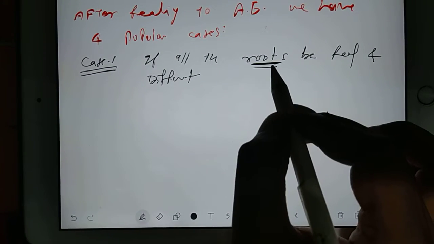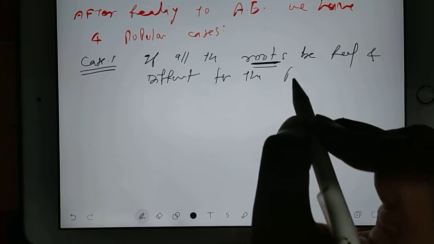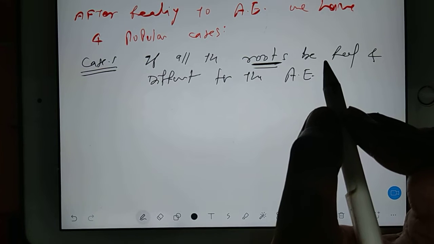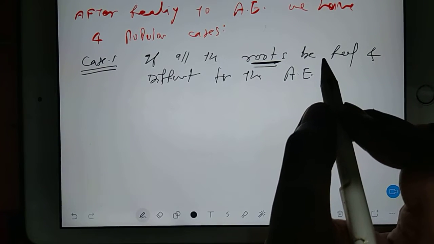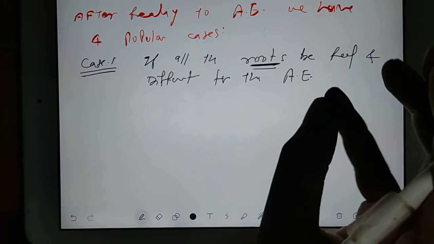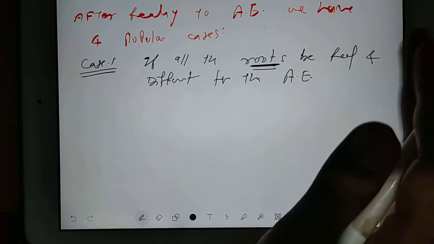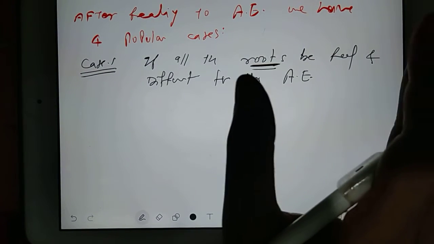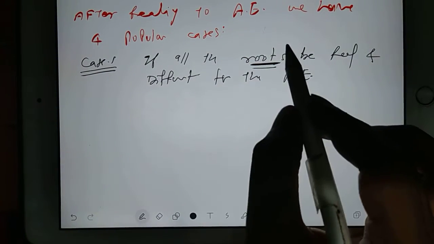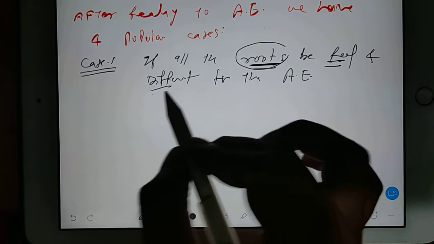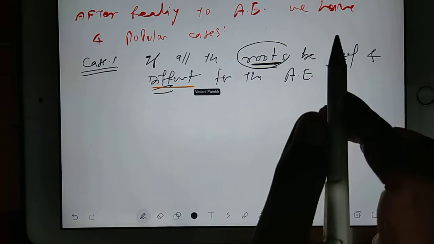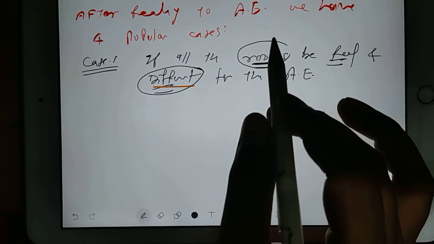Which roots am I talking about? For the auxiliary equation, we have d square something. So I will be finding out d values. After finding d values, my roots can be any type. They can be imaginary, they can be real, both can be the same real, both can be different real. So if the roots are all real and all different, in that case we have to give names to the roots.